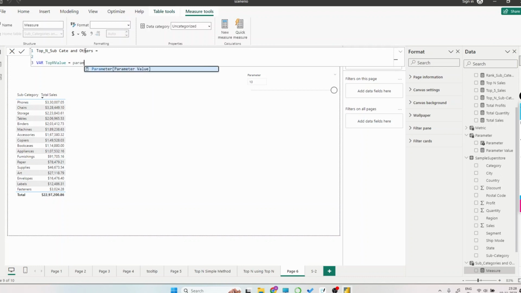So we will write here parameter. So it will select whatever parameter or whatever value we will select from our parameter slicer. So it will be completely dynamic. We can choose either top 1, top 2, up to top 10. Okay, so this is the first variable that we will be creating. Then we will be creating a top subcategory,